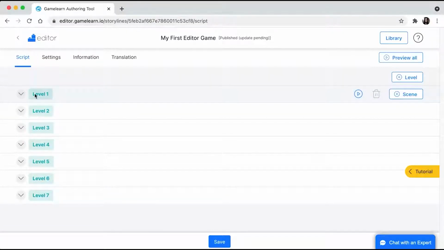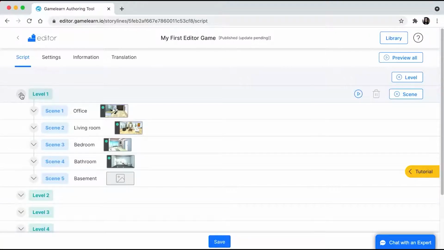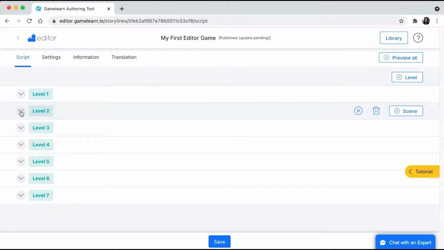Now think of levels as periods in time. They're like years of your life. You can't go backwards or skip one. We will always experience level 1 and then level 2 and then level 3 in that order. Okay, but within a scene, or within a level,